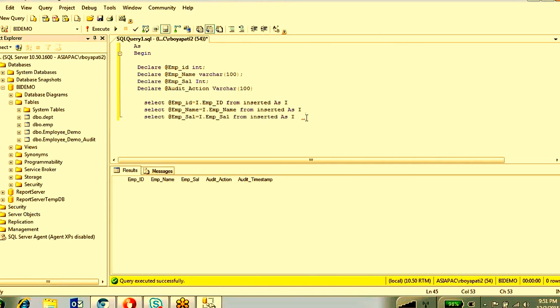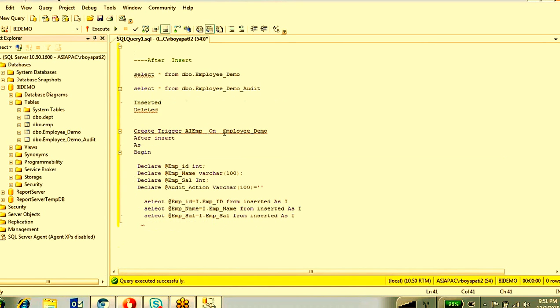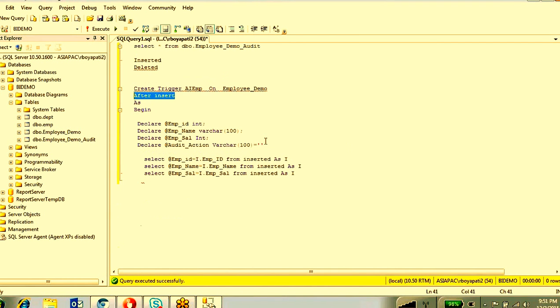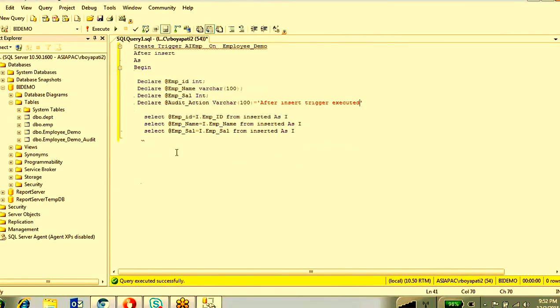And I'm going to set this audit action equal to what kind of audit action it is. So this is an after insert, right? After insert trigger executed. Got it?